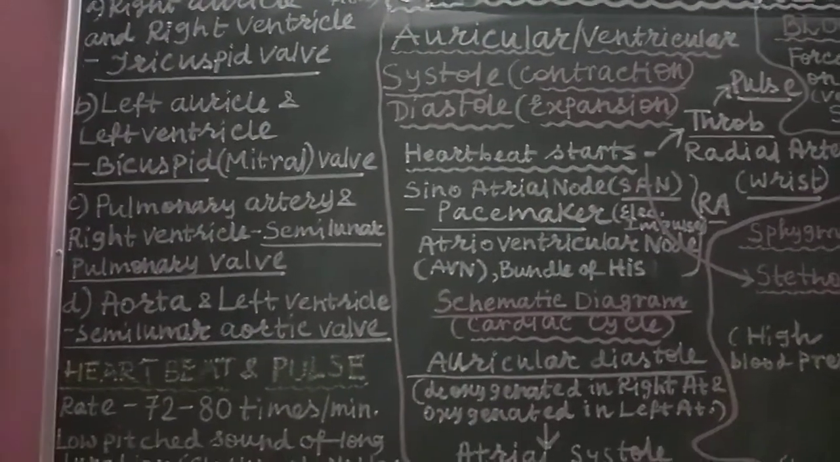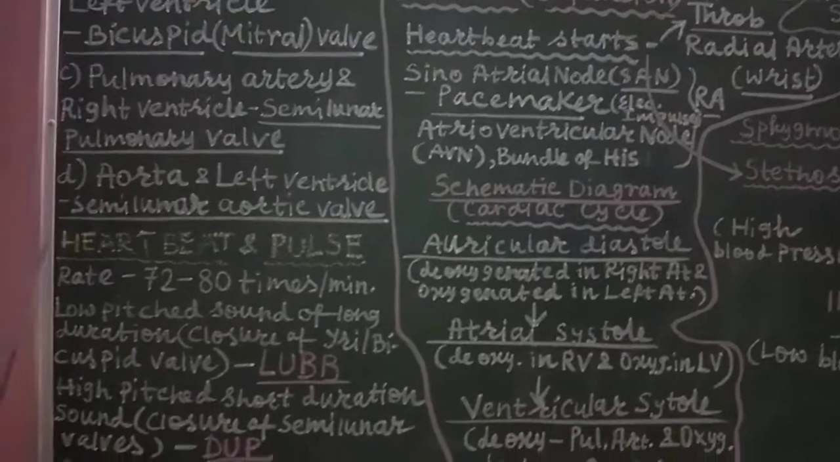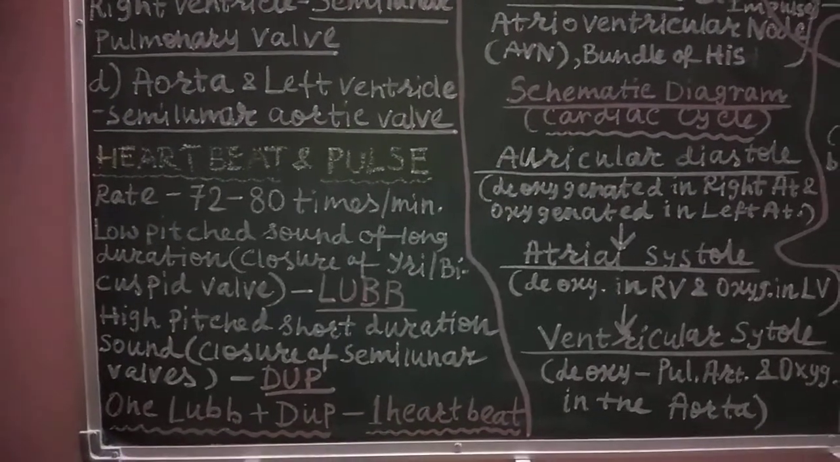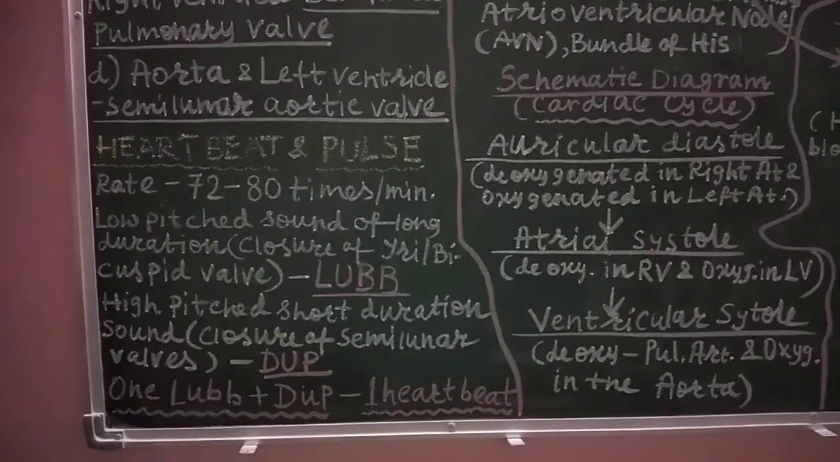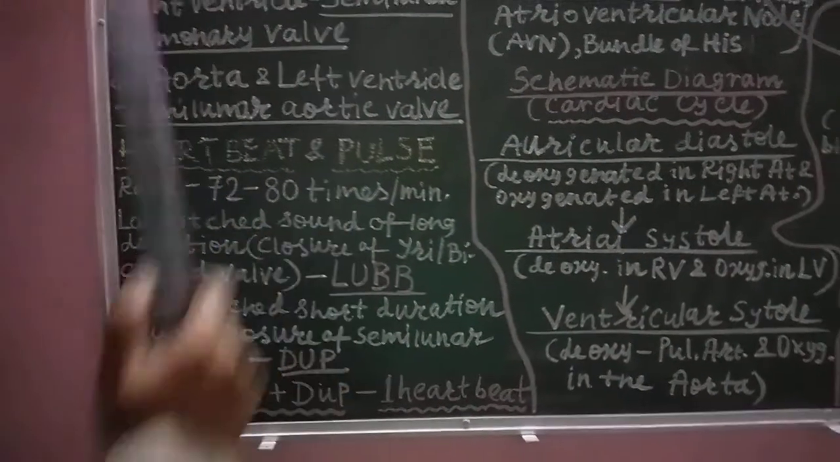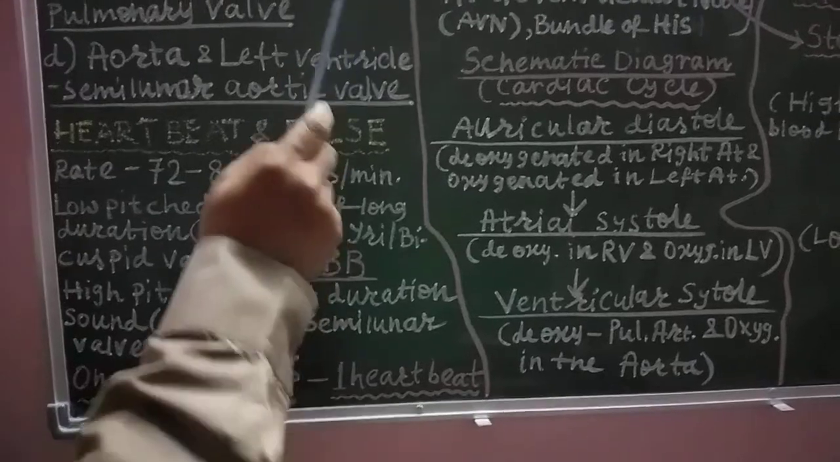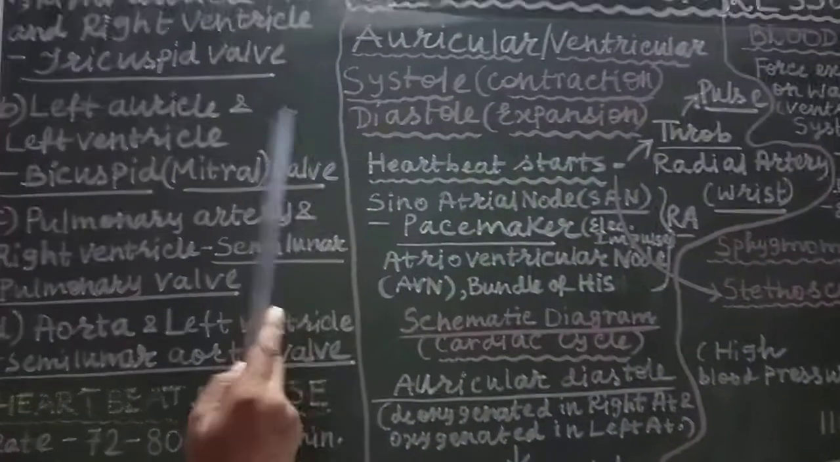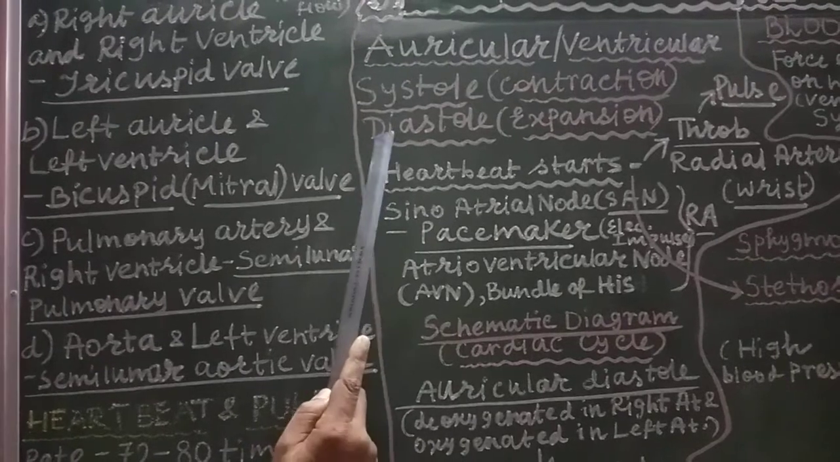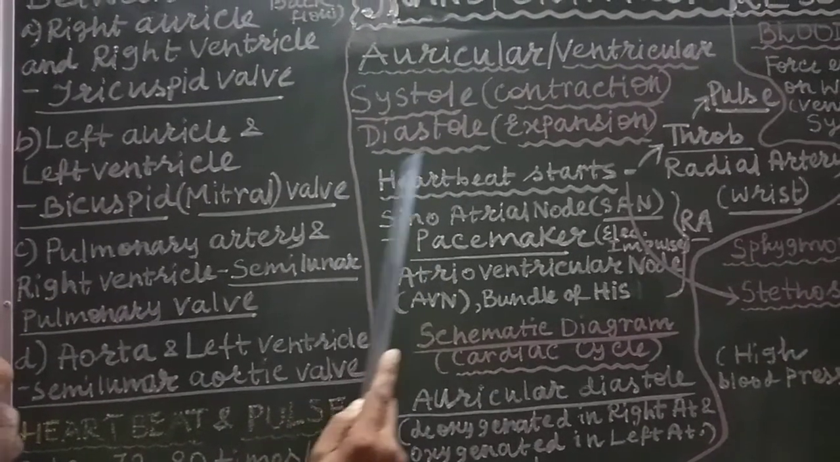Now we are going to discuss a very important feature of the blood circulatory system, that is heartbeat and pulse. How is the heartbeat generated? Heartbeat is generated actually in the right auricle of the heart. Here remember that auricular or ventricular systole means contraction of the heart, and auricular or ventricular diastole means